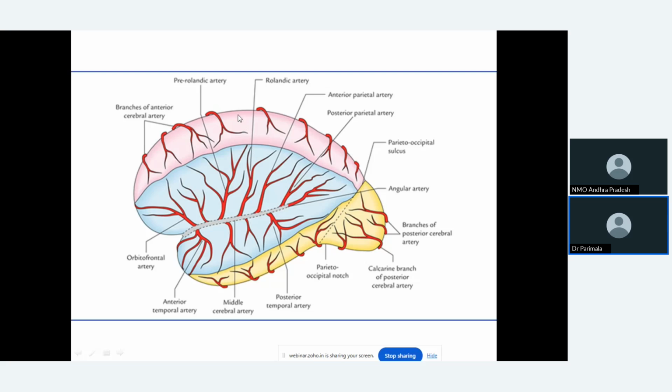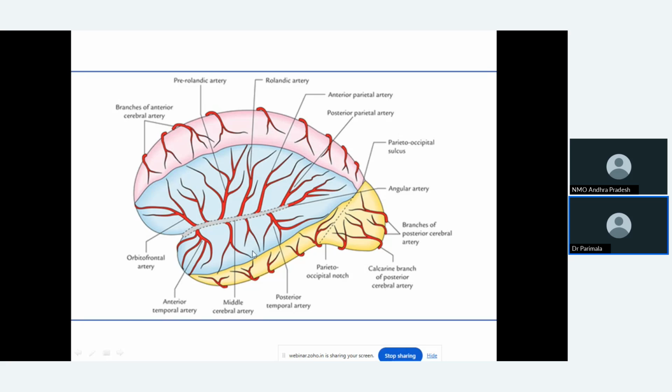You can see that the anterior cerebral artery branches creep from the medial side to the supralateral surface. That means you should remember the medial surface has the paracentral lobule, perineum and leg area. In addition, it also supplies the thigh area. So nearer to the supramedial border, the cerebral cortex, the medial surface and the upper part of the supralateral surface are supplied by the anterior cerebral artery.